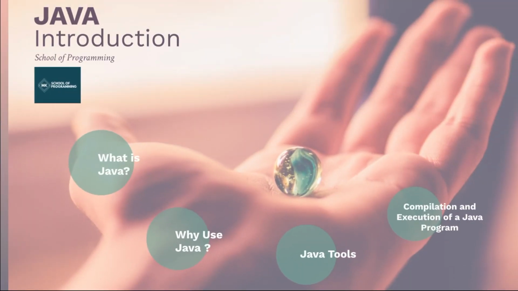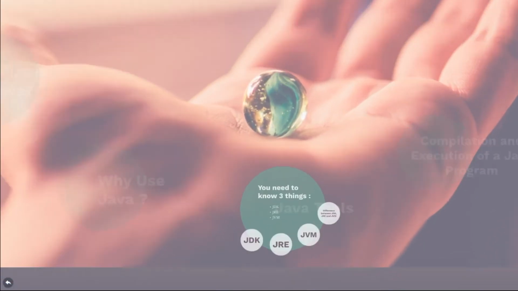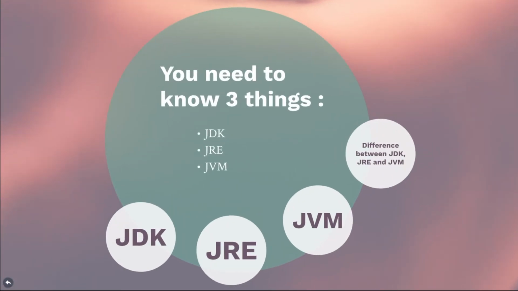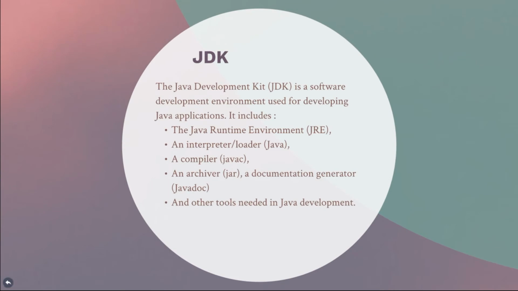So let's jump to the Java tools. When it comes to the Java tools, you need to know three things. Firstly, the JDK. The JDK is the Java development kit, which is the software or the environment where we develop our Java applications. That includes JRE, which is the Java runtime environment, an interpreter, a compiler, an archiver, and other tools needed